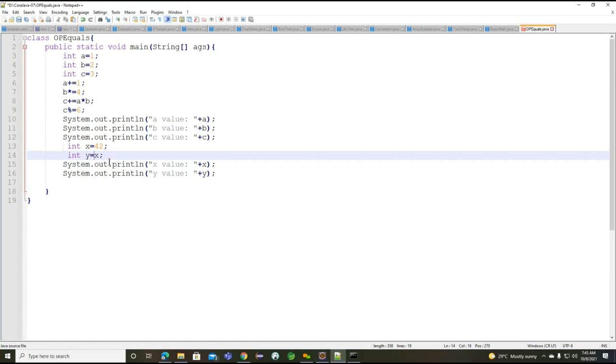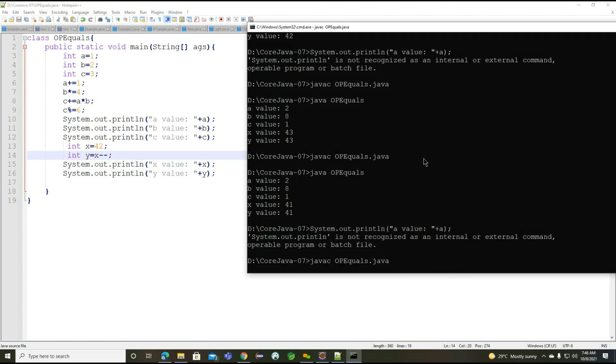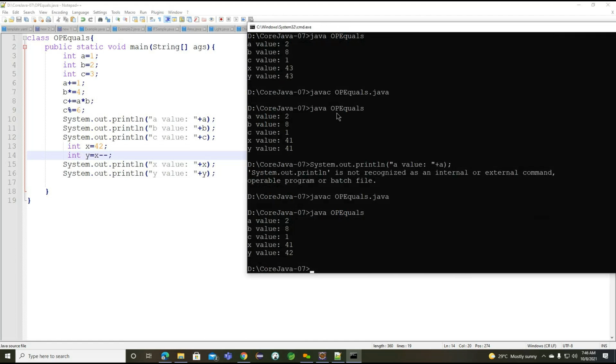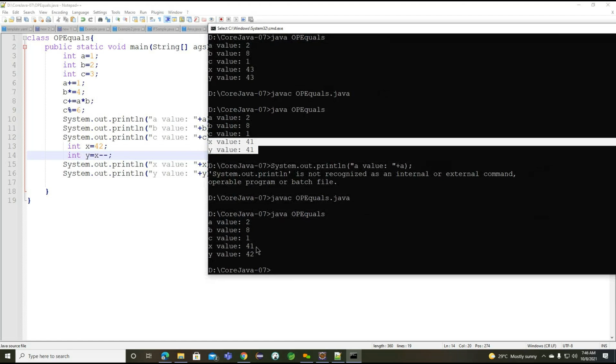Now, see the difference with the post-decrement operator. I compile one more time and execute here. Earlier we got 41.